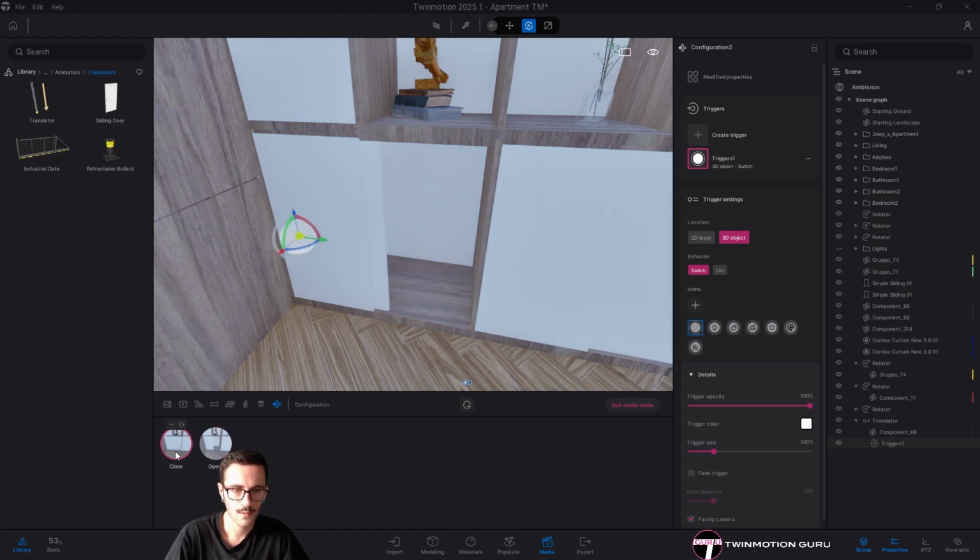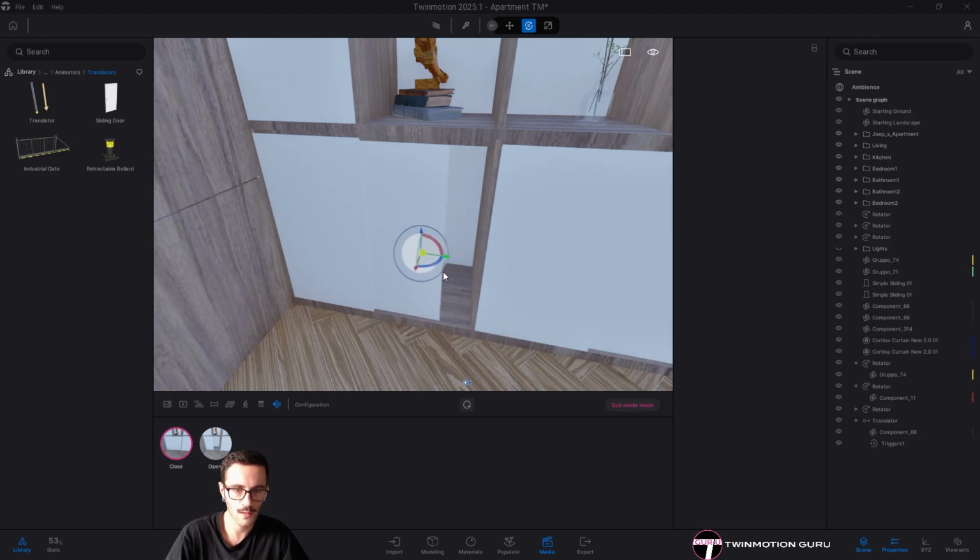and as you can see, now the trigger is moving with the sliding door. Maybe I'm just moving it here. So by clicking it from here, my configurator will be activated.